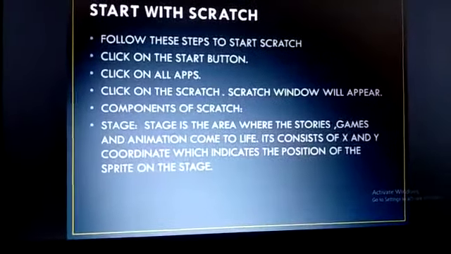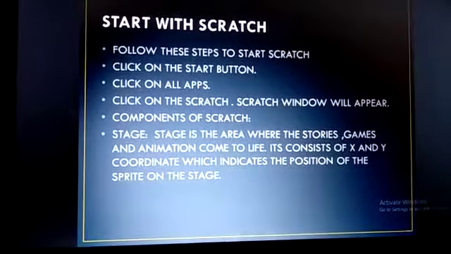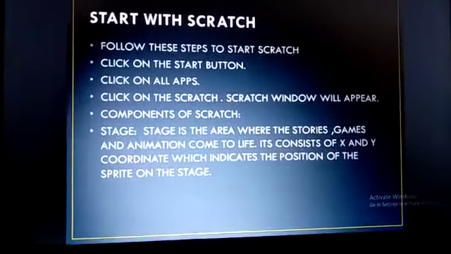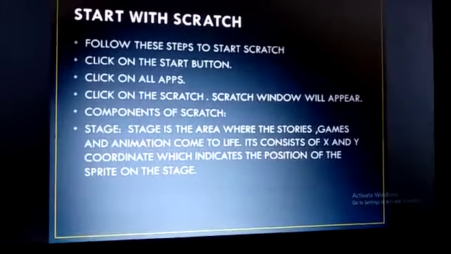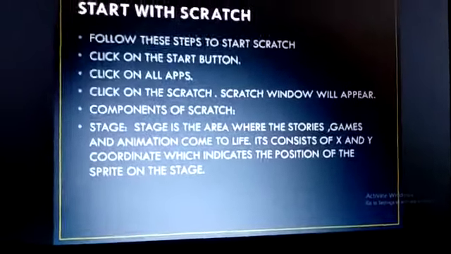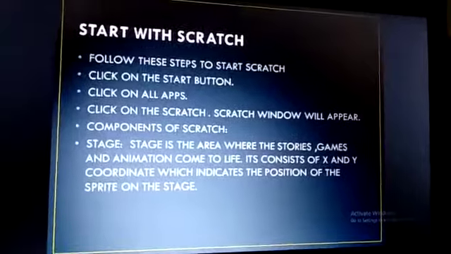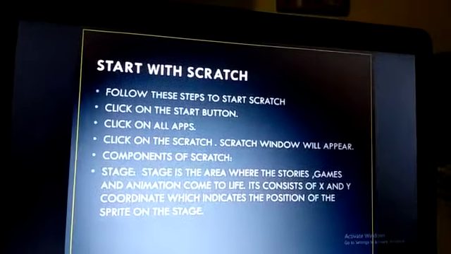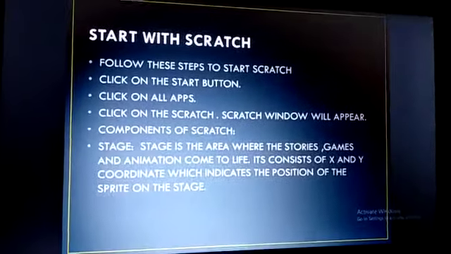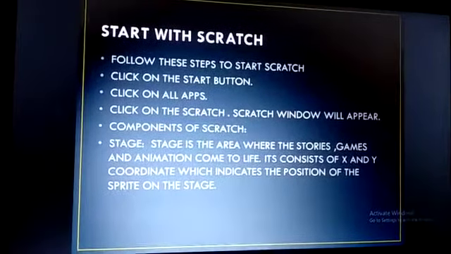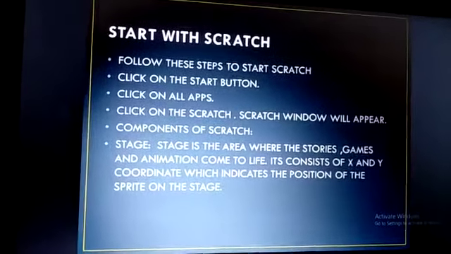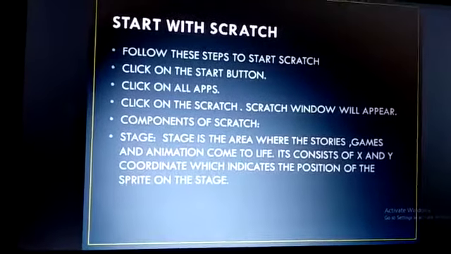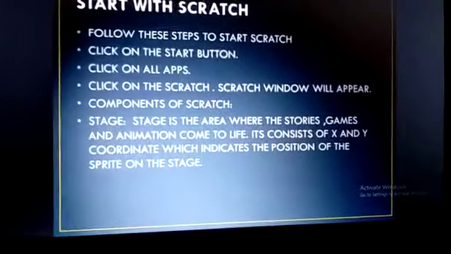We are performing these kinds of activities, and we perform on the stage. What is the stage? Stage is the blank area where we are performing the dance, songs, drama and all those things.